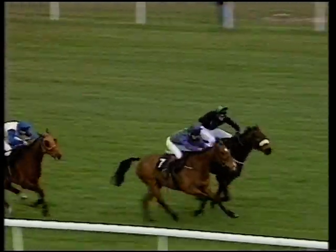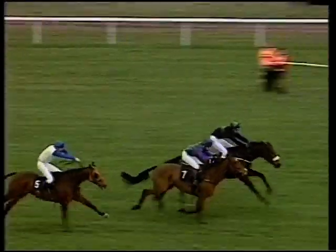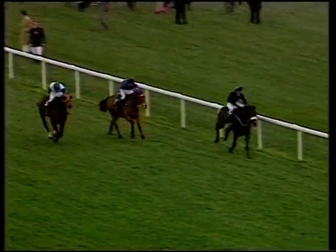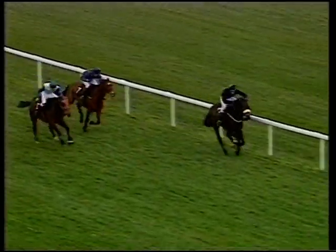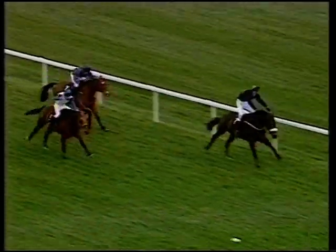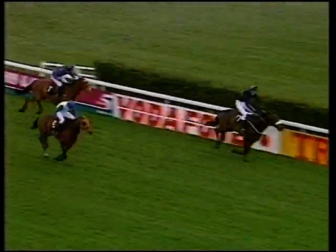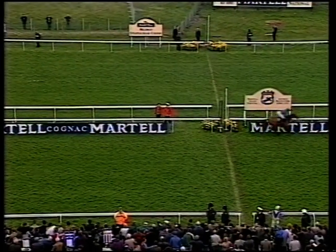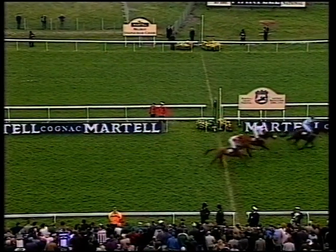He's got to get through here and get on that rail, and that's where he's committed himself and pushed this horse to the lead. Brown Windsor's struggling a bit to get to them now. He's trying his heart out, and he just outstays the horse for second place, but the winner keeps galloping on. Alan Hill's definitely doing a bit of an okey-cokey here, but he's getting the winner over the line. That's what matters. I've never won a Grand National, but everybody who's ridden a winner up there tells me it's an awful long way up that running when there's anything challenging you. You always feel you're going to get...